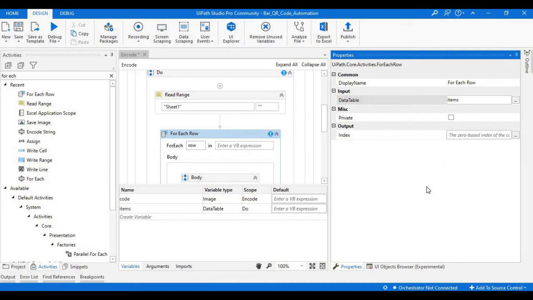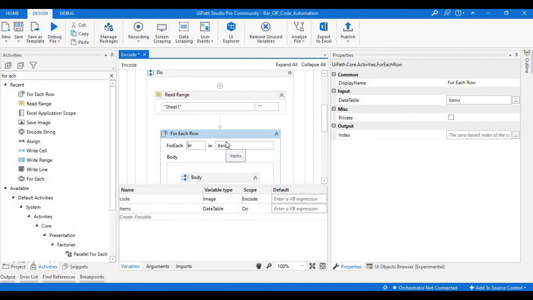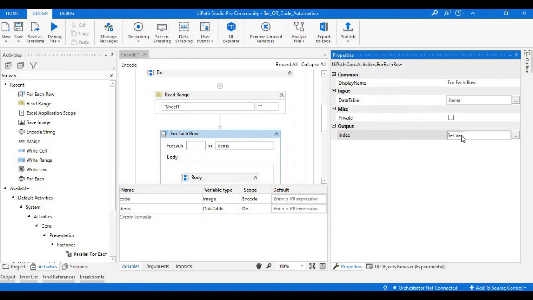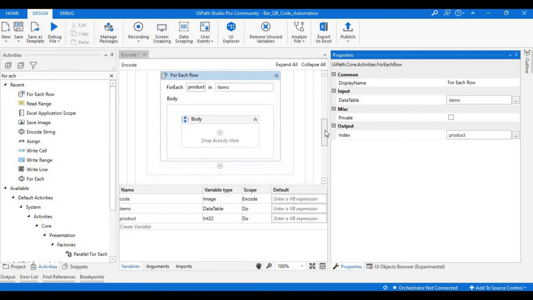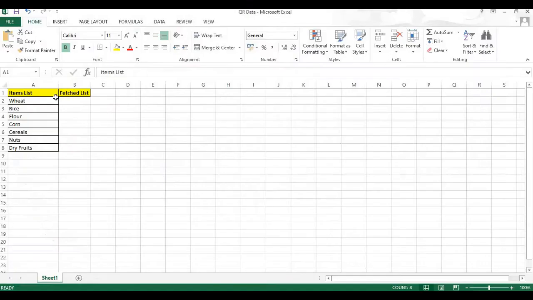And the output is nothing but the for each. Here we need to provide an input variable. I have an index variable, so I will keep that as product. If you observe, it is of type Int32, so it just refers to the items from top to bottom.